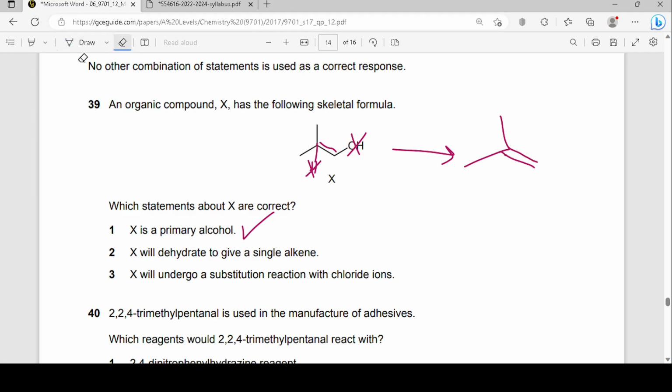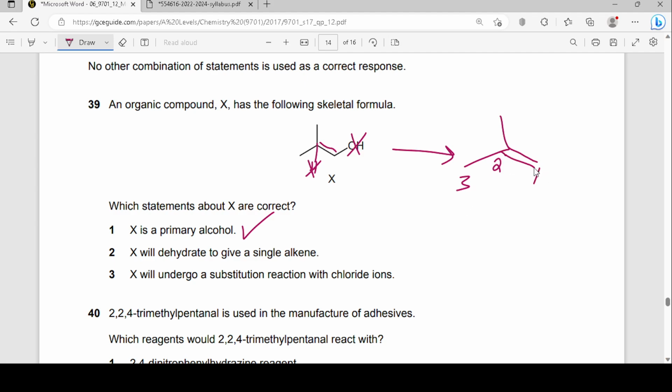And is there any other product formed? I named it wrong, but the product would be formed. I don't think so. That's the only product that could possibly be formed. I mean, the naming starts from the functional group, right? So it should be one, two, three. So this would actually be